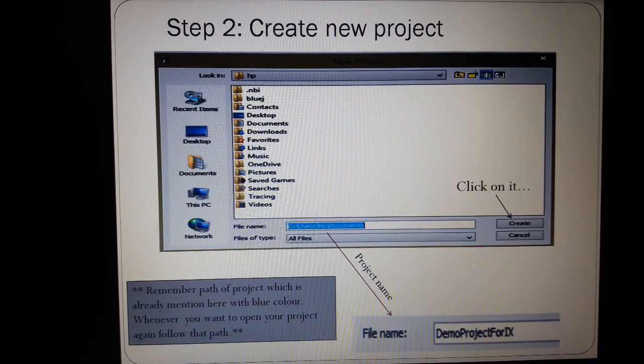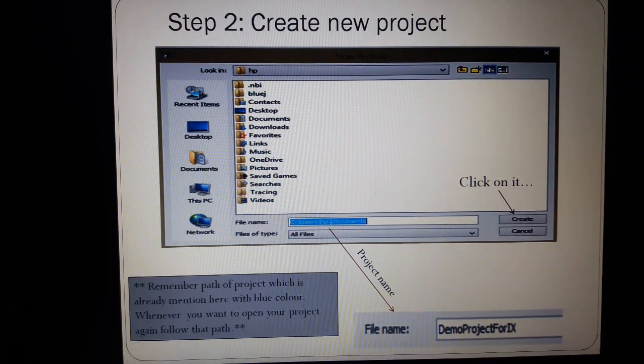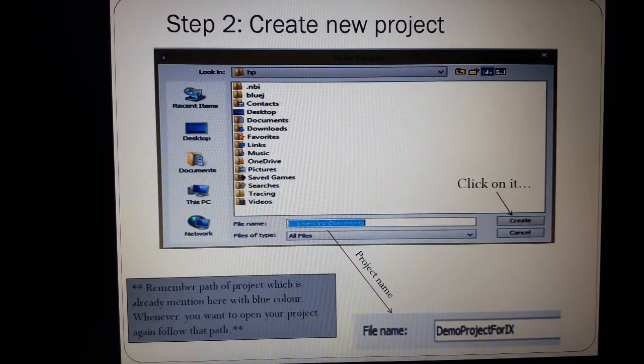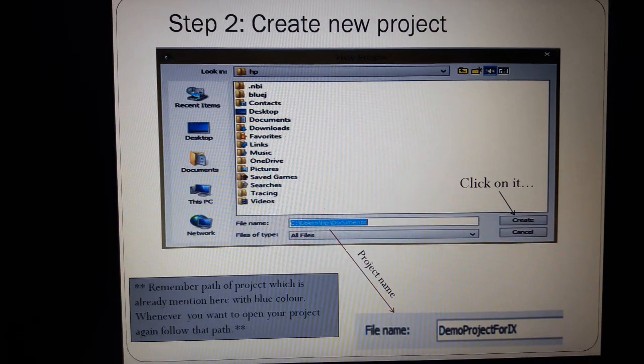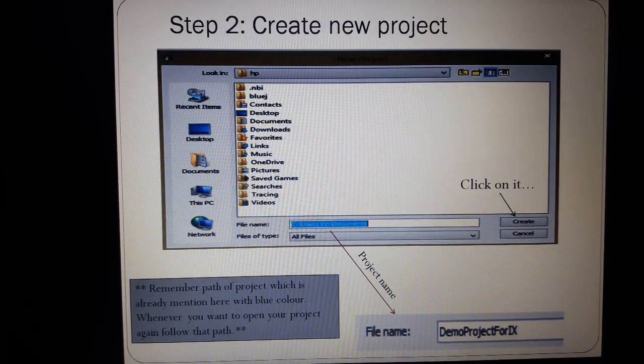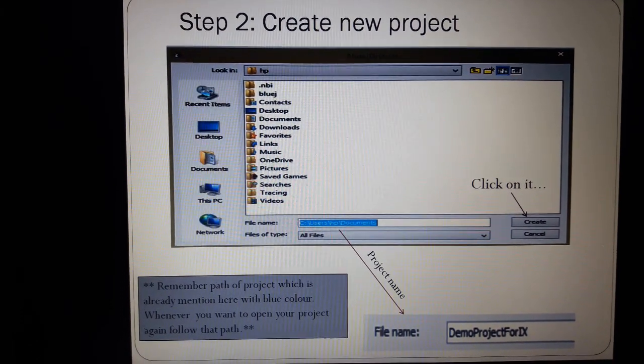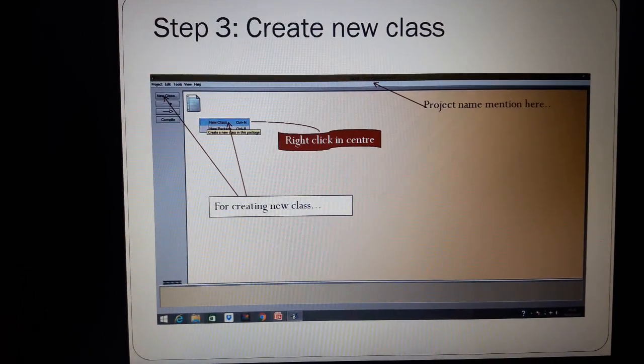Now I created one project for you, and for creating your project you have to write a name in place of file name, and then you have to click on the create button. And then what you are getting, a new window.